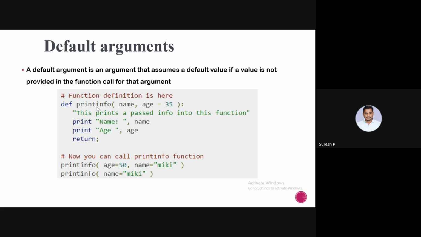Next one is default argument. The default argument can be created when we write a function definition. Suppose you create a default value for certain parameters. If you pass the parameter, then the passed value will be taken. If you do not pass the value for that particular parameter, then the default value will be taken. So for example,